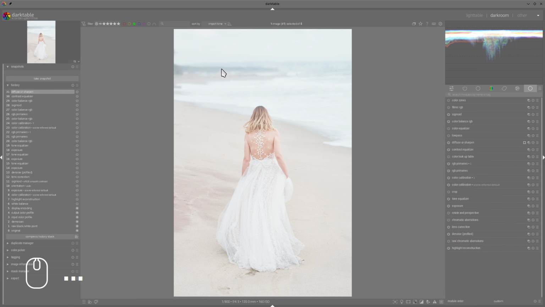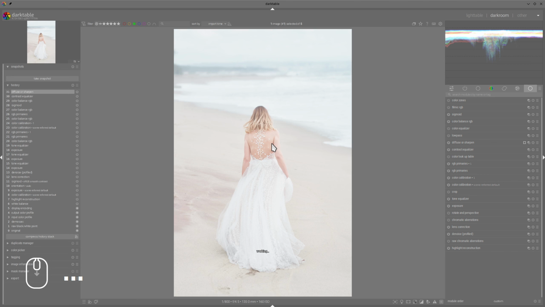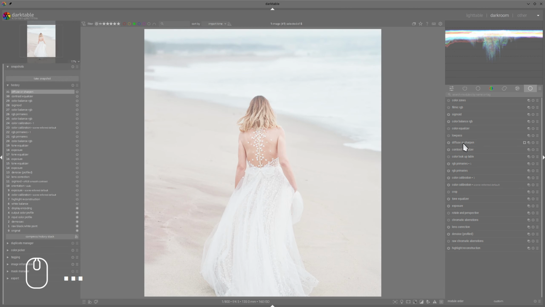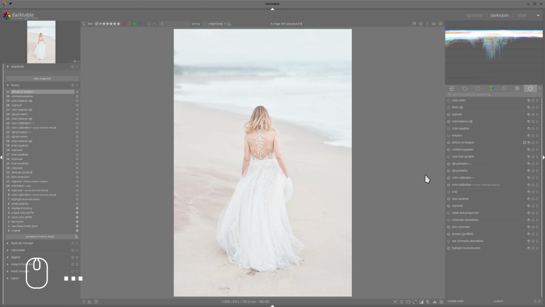And now you can see we have that nice soft look overall, but our main subject, the woman, looks good. So we have enough details there. And I think